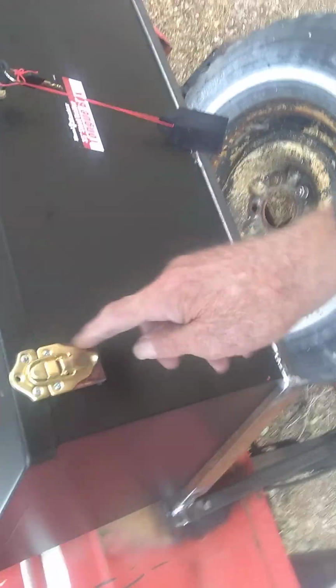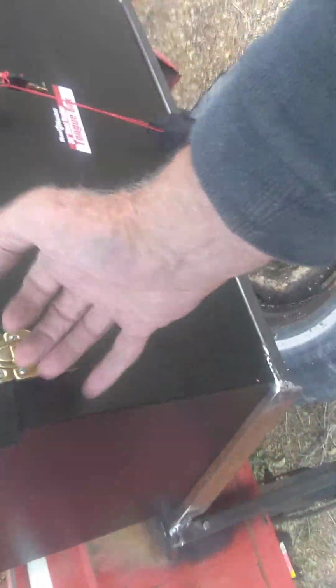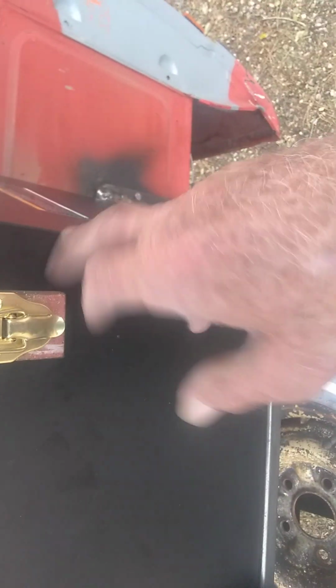Well, okay, folks. The box is mounted. I had to buy these latches. Had the material for the backing plate to bring them out. Seems as though the box isn't quite even, just a little bit off. But at any rate,